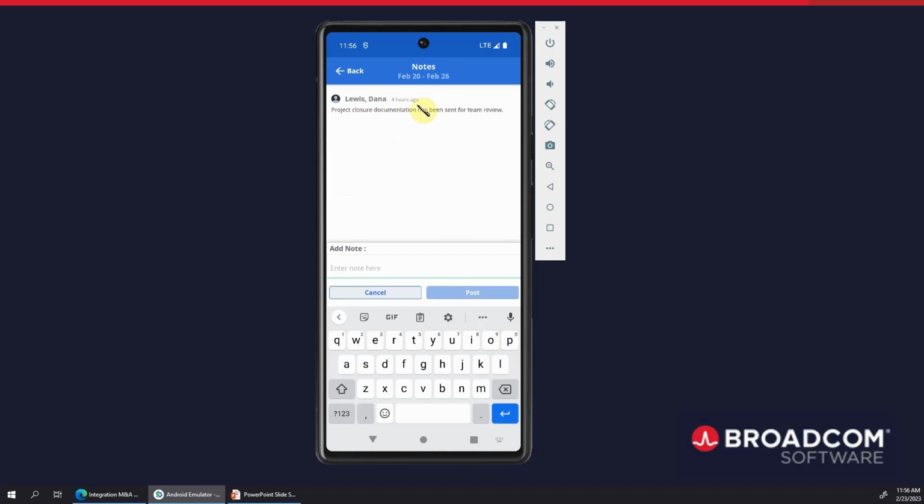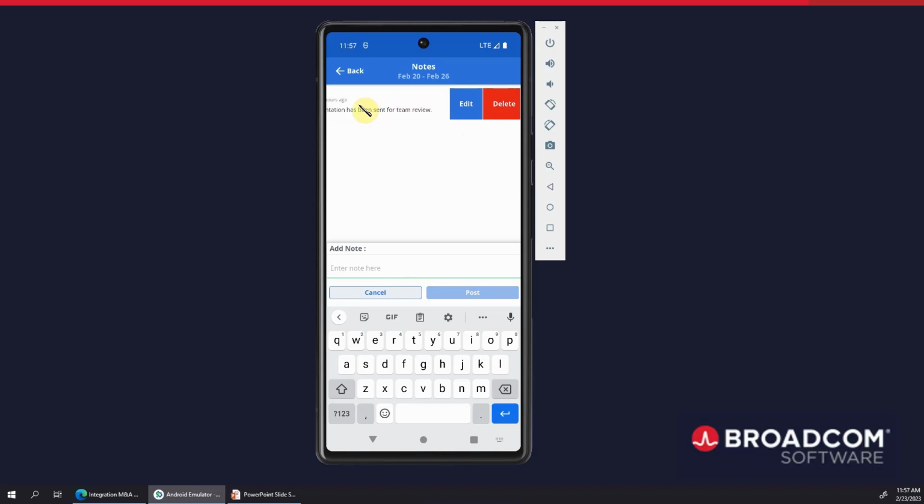At this point, I can see the previously populated note, or I can just enter any new note by just typing in here. Once I start typing, I can post it. But I don't want to type my note. Maybe I just want to edit the current note because I realize that there are multiple closure documentation that I need to supply. So I want to just correct this grammar, and I can do that by just doing a